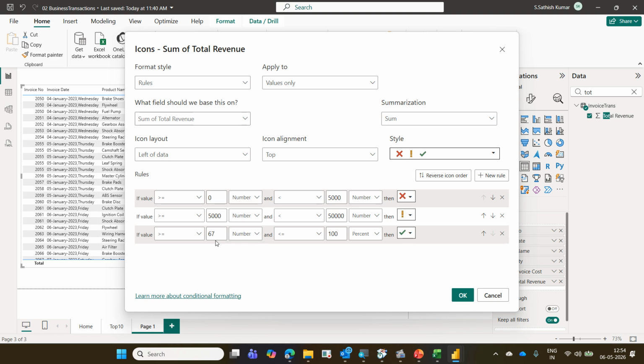The last can be 100%. Either it can be 100% or number. Remove that 100. Delete that 100. It will take maximum number automatically. It automatically takes the maximum number here. Either put it as 5,000 to 50,000 max number, or you can say 100%. Both are same.